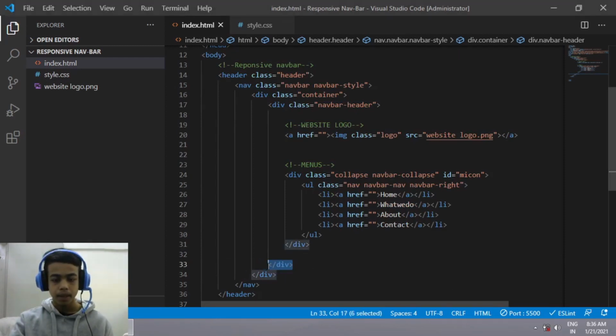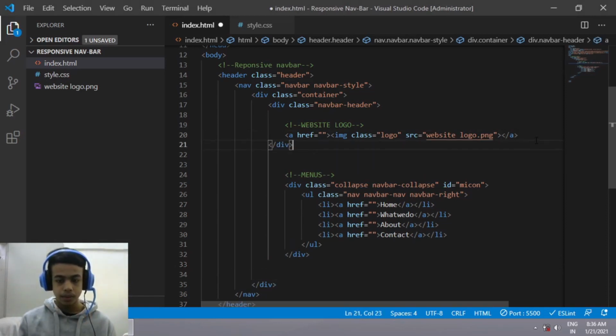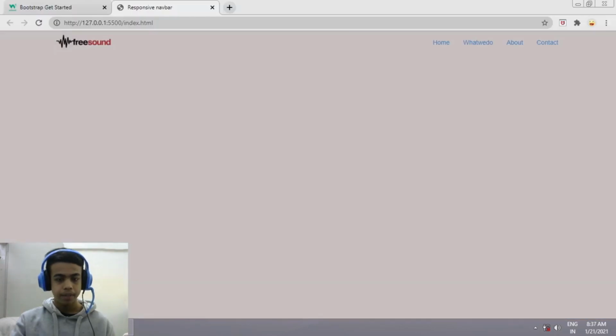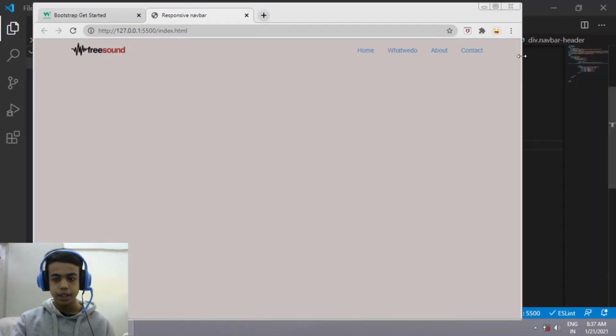So I'll be cutting this div from here, and I'll be pasting it under my website logo. Just save it up here, go to the Google Chrome file, and now you can see my logo is aligned up here at the left side and my links are there at the right side. When I'm hovering over them, they are changing color to white, and even it's responsive,